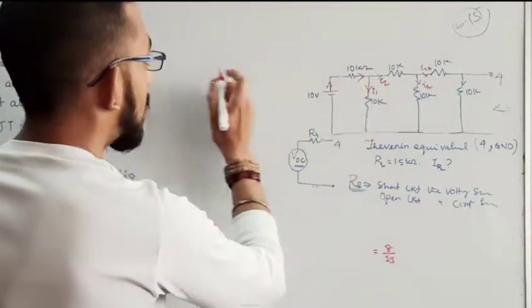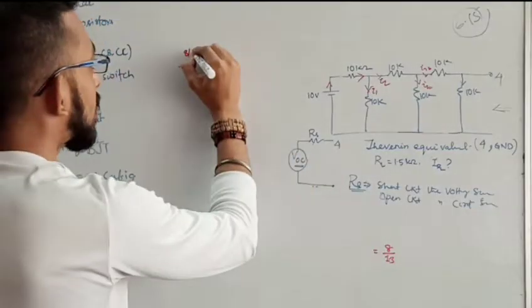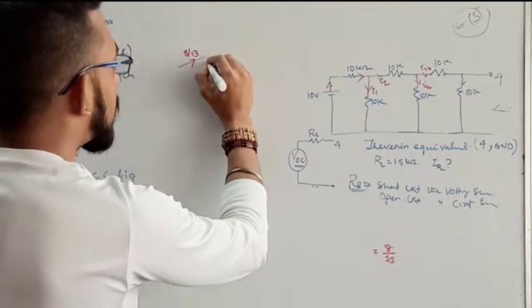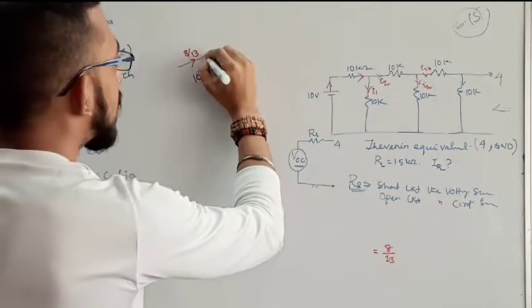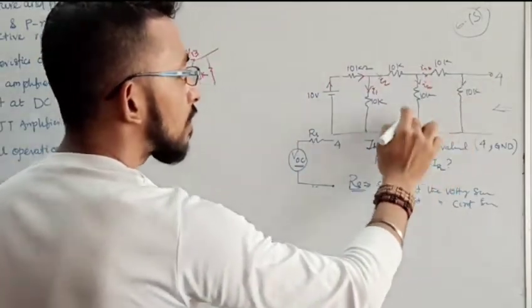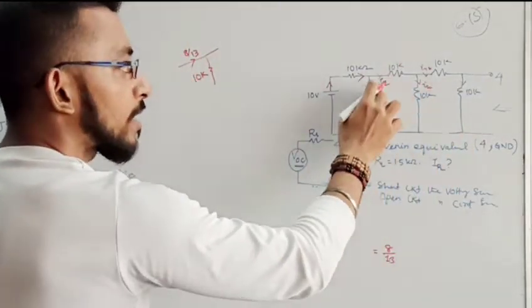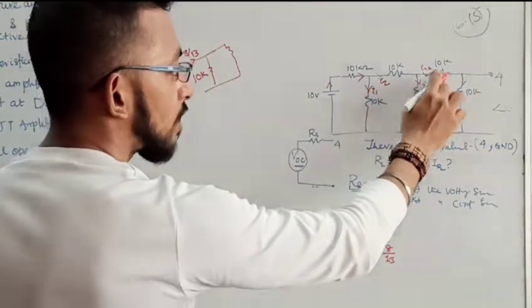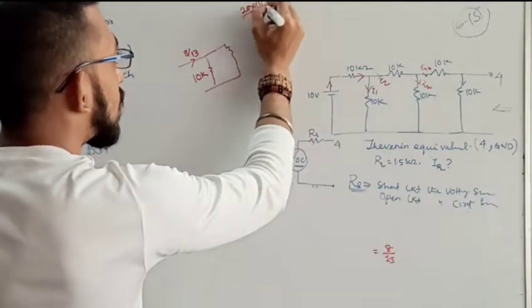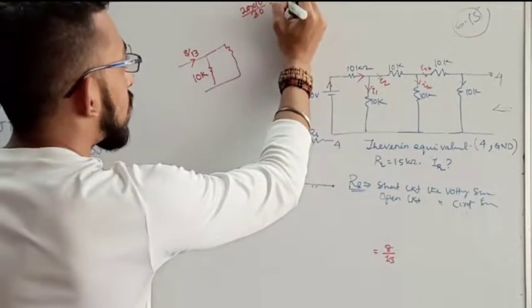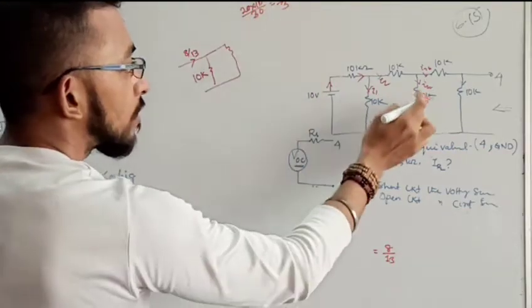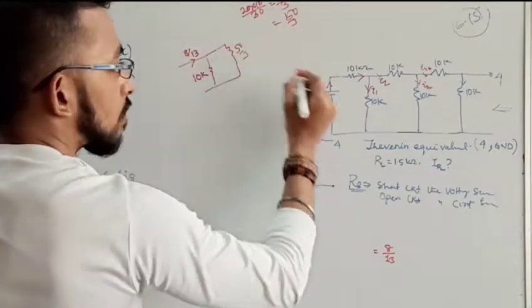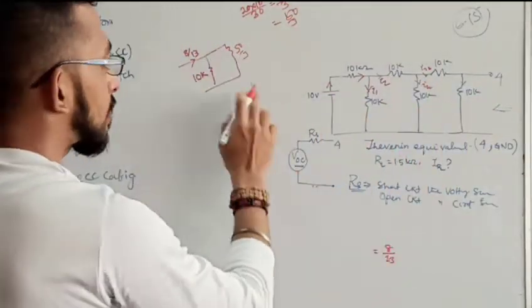Now this 8 by 13 ampere is flowing. In milliamperes, it is volt upon kilo ohm, which is nothing but 8 by 13 milliampere. From here a 10 kilo ohm is connected, and here the whole circuit you have to replace again by a single resistor. Then only my current division can be possible. So this is 10, 10, 20, 20 parallel 10, giving 20 by 3, again in series with 10 gives 50 by 3. So till here these four resistors can be represented by 50 by 3.